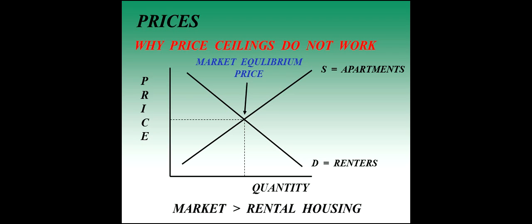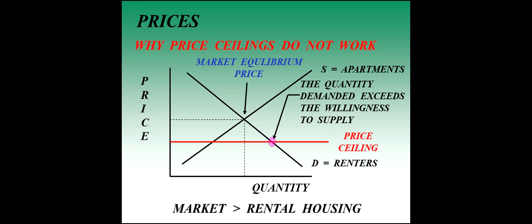Now, when a price ceiling is put in place, it is put in place below the market equilibrium price, because the concept of the price ceiling is that the market equilibrium price is unreasonable, it's too high. So it's set lower than the market equilibrium price. And here we have one illustrated. Now, a couple of things become very apparent in our understanding of how to read a supply and demand graph. We now see that the quantity demanded for apartments at this lower price certainly exceeds the willingness to